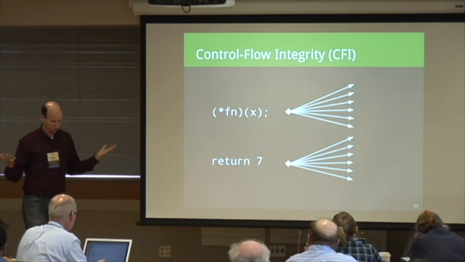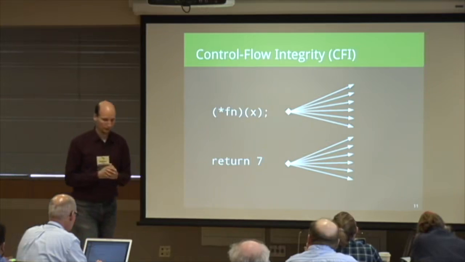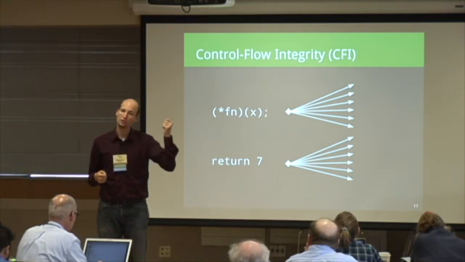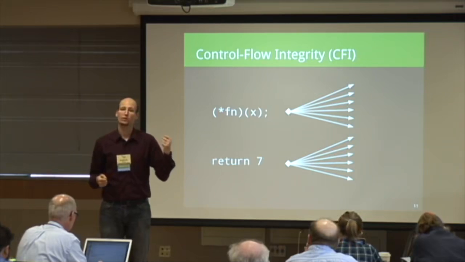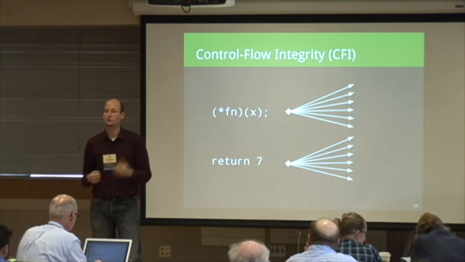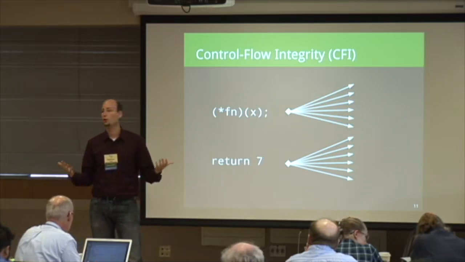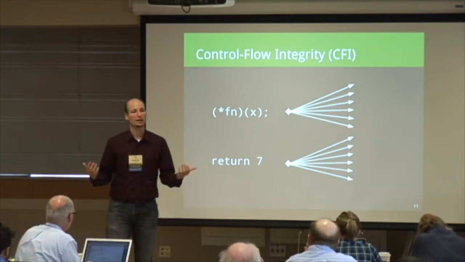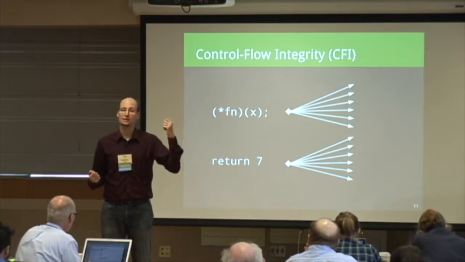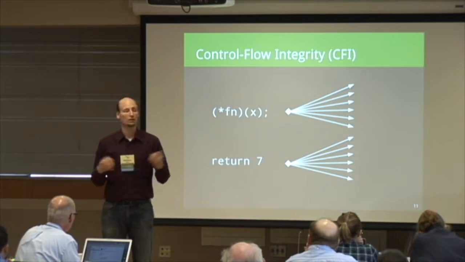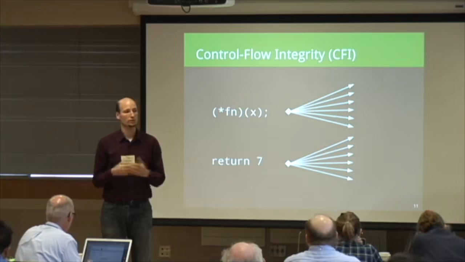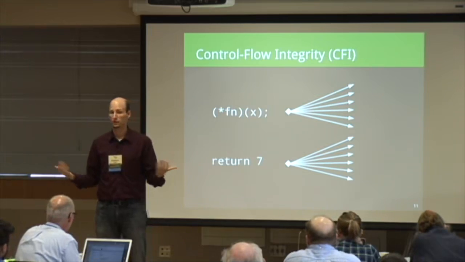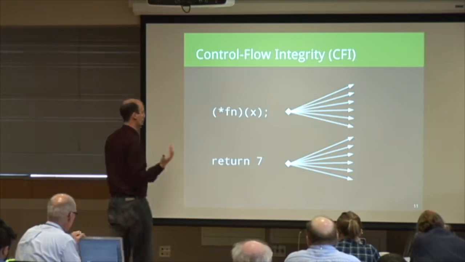But let me first start with what control flow integrity actually does. For each indirect control flow transfer, we figure out the set of allowed targets. So if you have a call through a function pointer or a virtual call, through static analysis we remember these are the only targets that are allowed to transfer control to. All the other targets will raise an error. Now, how do we do this?